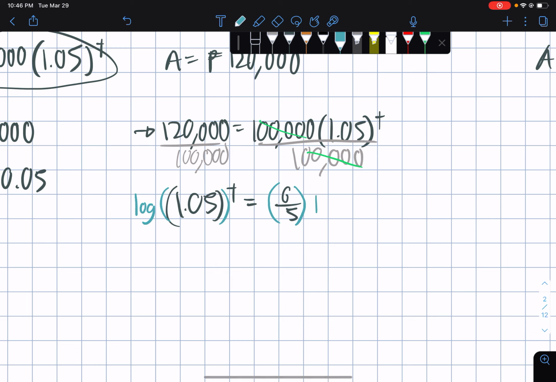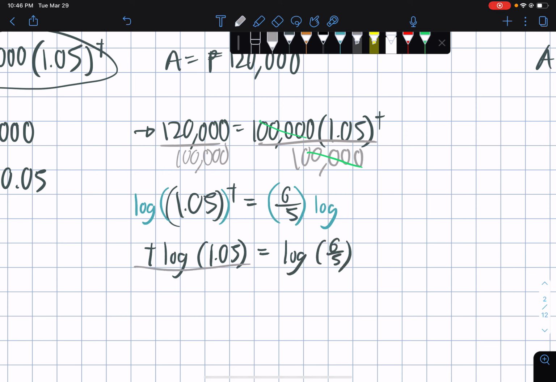So we have t times log 1.05 is equal to log of 6 over 5. Then divide both sides by log 1.05. Cancel both sides at the left side. And I'm sorry about that, I hit my calculator at the table. Anyways, log of 6 over 5 over log 1.05, we get the answer